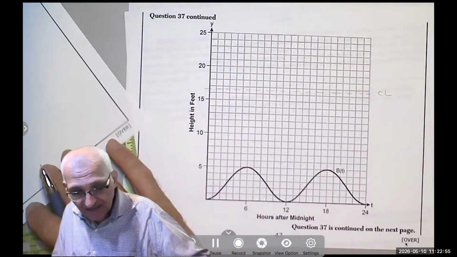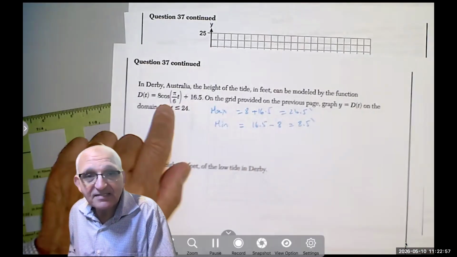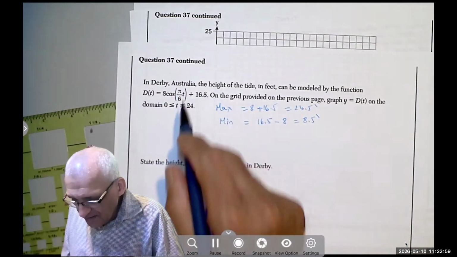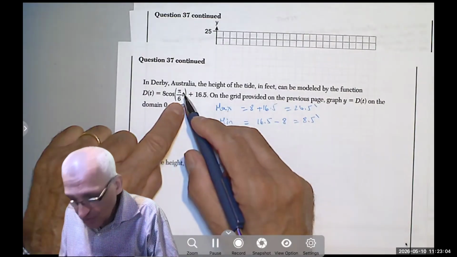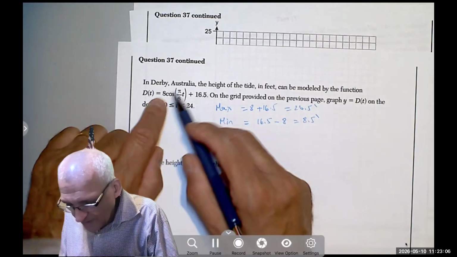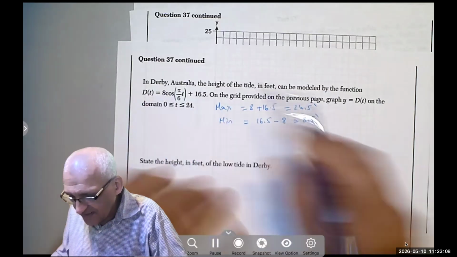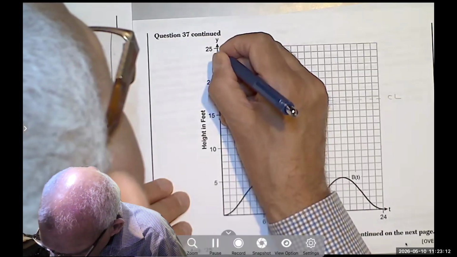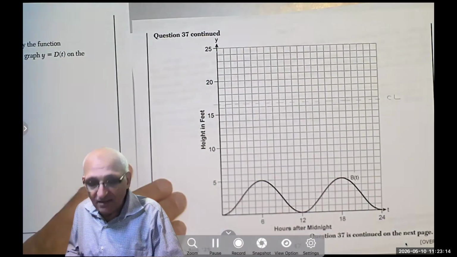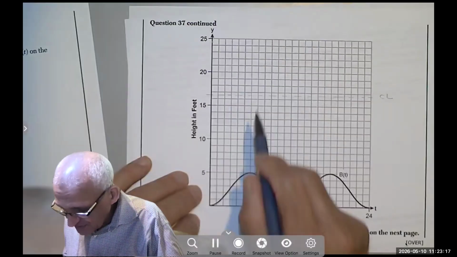And it's positive. So I start at the max. Why? Because the maximum you get when t is 0, cosine 0 is 1, and 1 times 8 is 8. 8 plus 16.5 is 24.5. So I start here. The period is still 12. So 3 hours later,